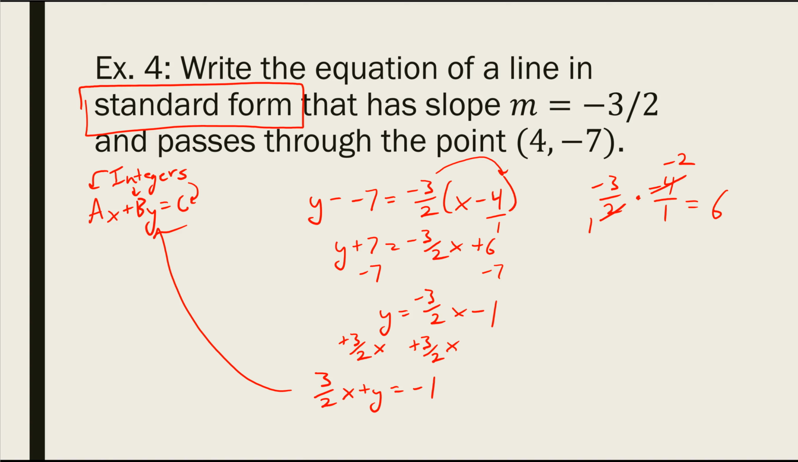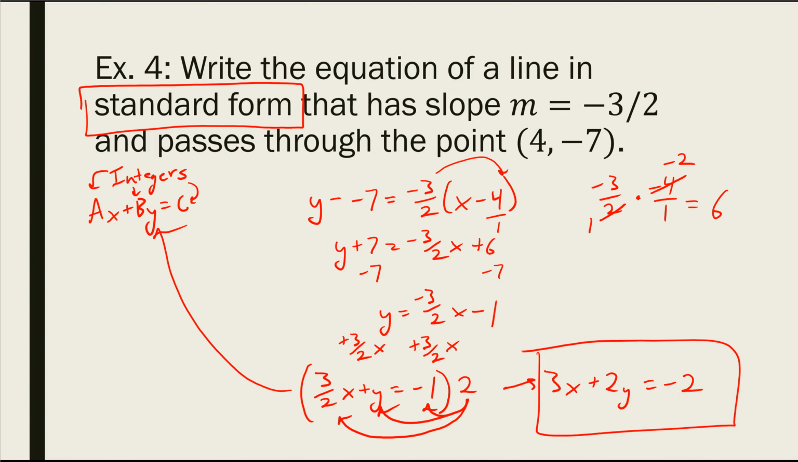The least common denominator here is 2, so if I multiply my whole equation by 2, that should get rid of the denominator and give me all integers. So 3 over 2x times 2 is 3x, the 2's cancel. 2 times y is just positive 2y, and 2 times negative 1 is negative 2, and would you looky there, I have standard form. My a, my b, and my c are all integers. The x and the y are on the same side of the equation. I am